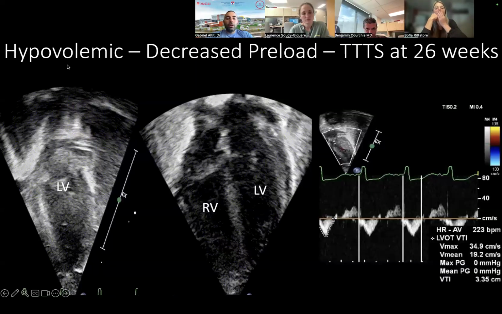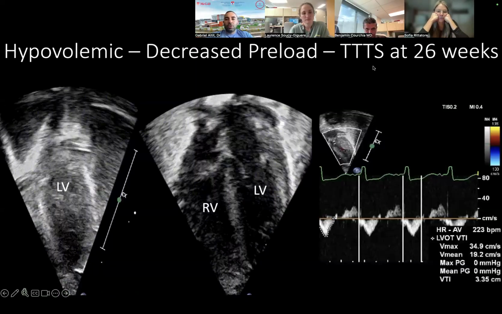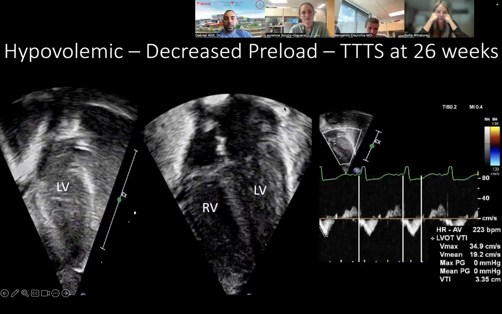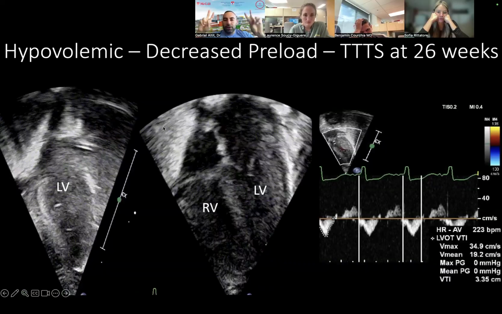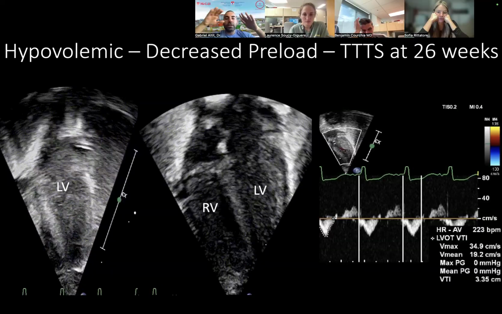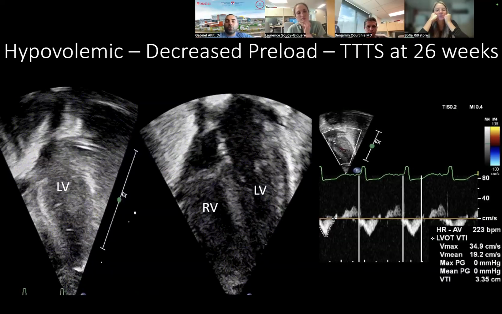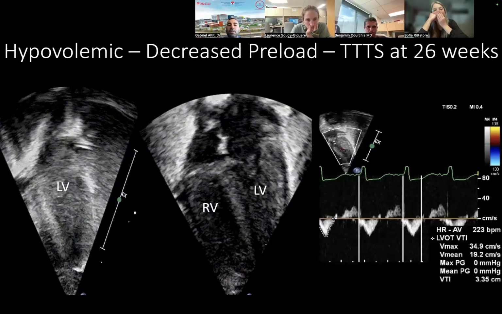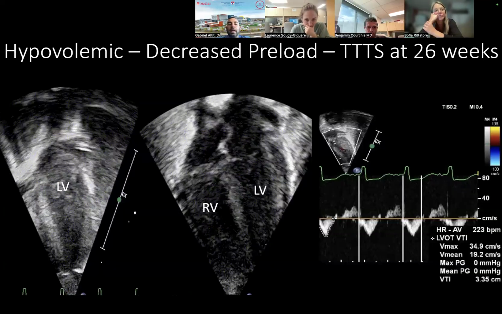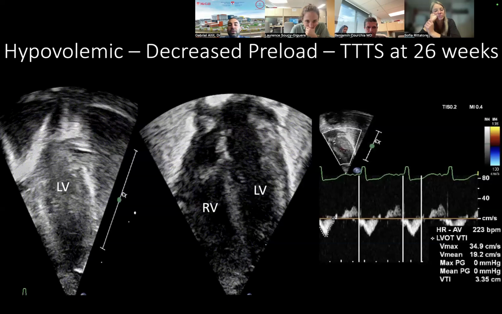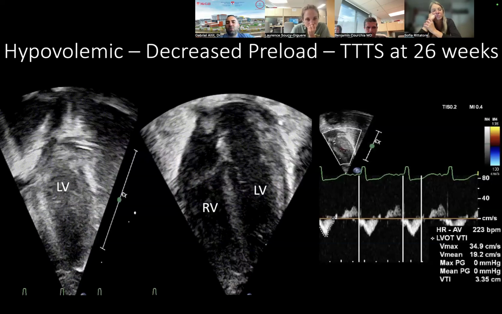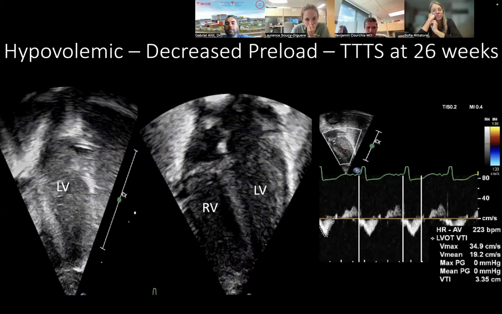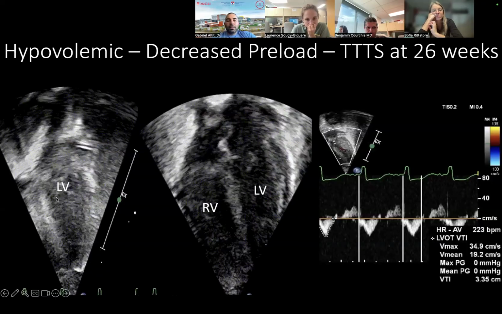So that's an example of just a few clips of a patient with TTTS at 26 weeks. We were called for a baby that suddenly became very hypotensive, had pressures that were stable around 25 to 26 of mean, and then we were called because the mean blood pressure was 14 to 15, and they kept on climbing up vasopressors and inotropes, and they had given already 2 boluses of fluids, and when we came to the bedside, they had basically this,